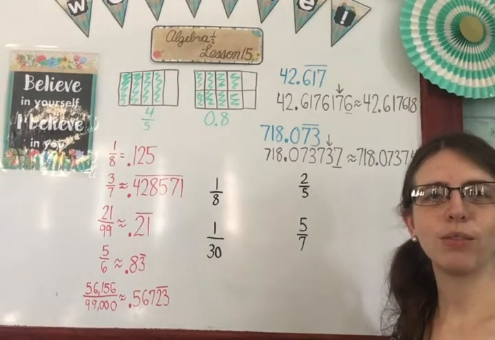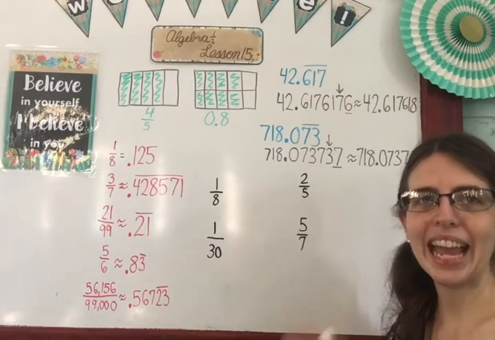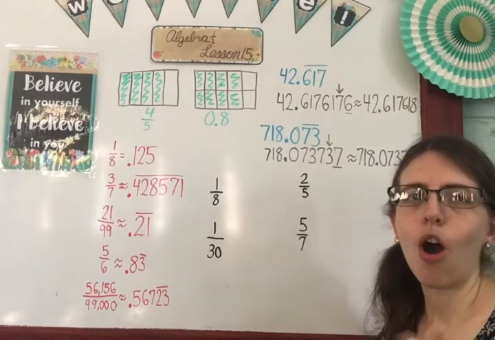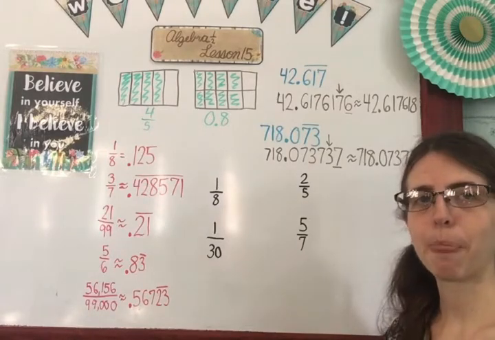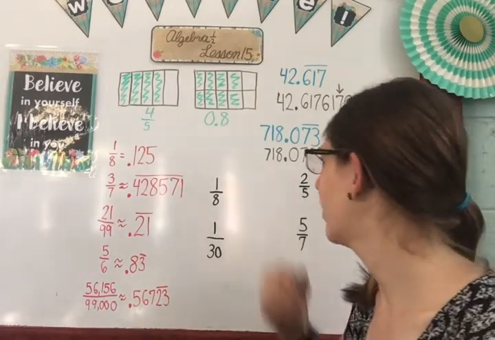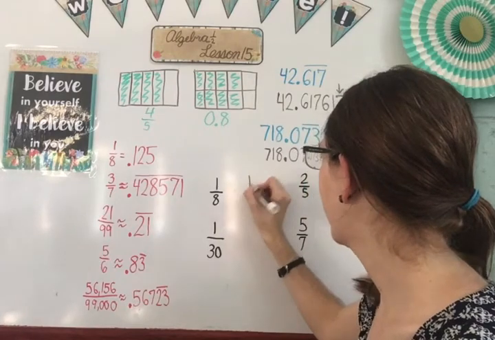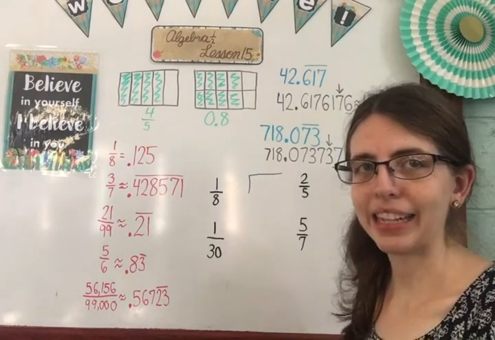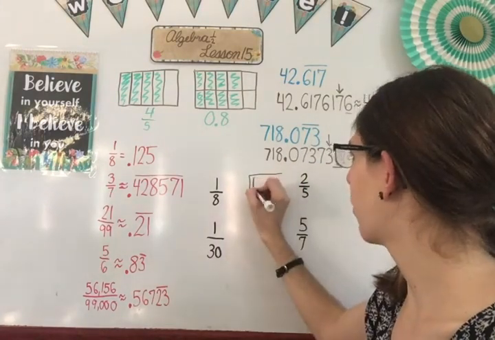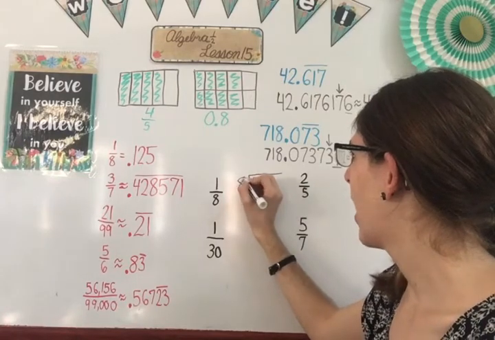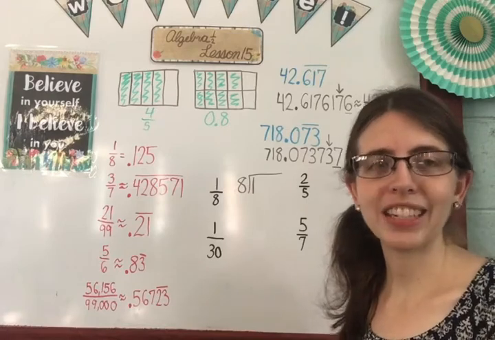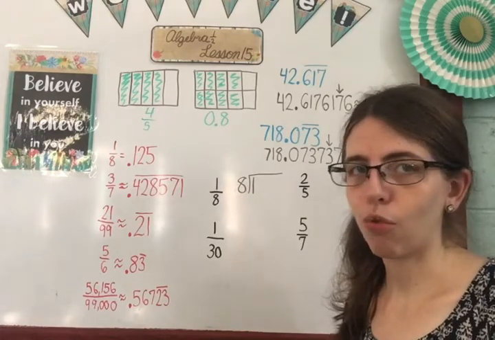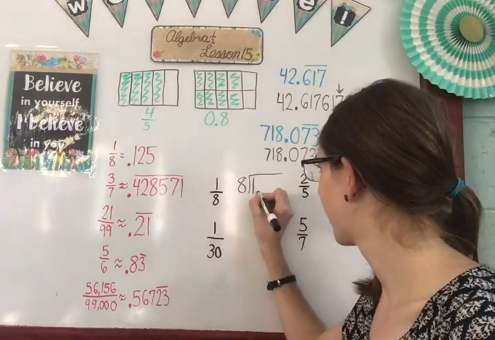Okay, now for when I want to turn any fraction into a decimal, all that I need to do is divide. So for example, 1 over 8. To turn this into a decimal, I need to divide 1 by 8. So the way I do this, I put 1 inside the division house, and I'm dividing it by 8. Now 1 is too small for 8 to go into it, so I need to draw a decimal point and